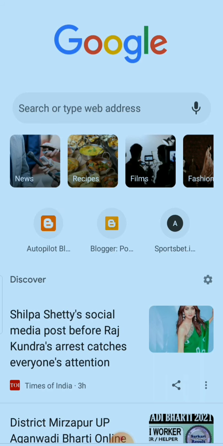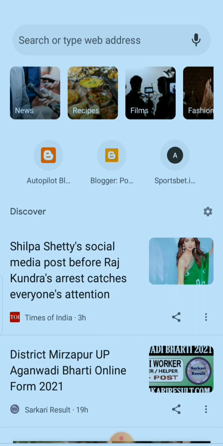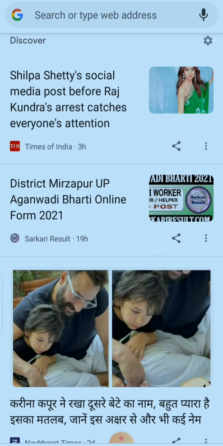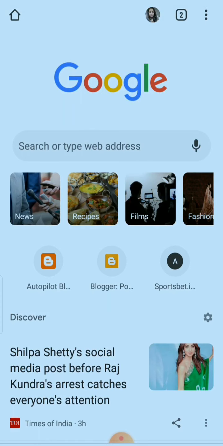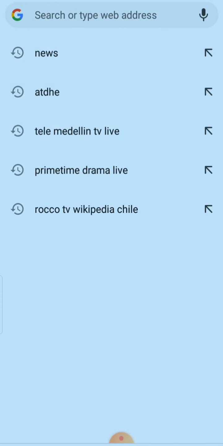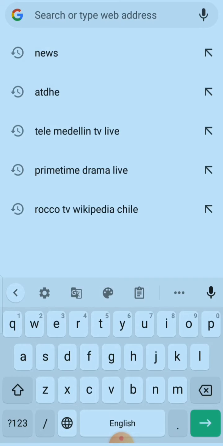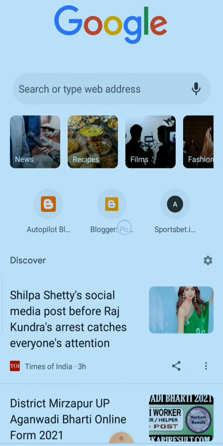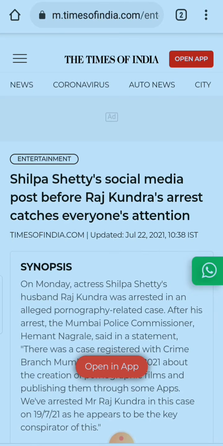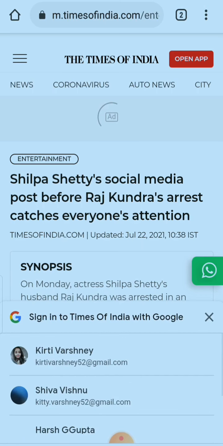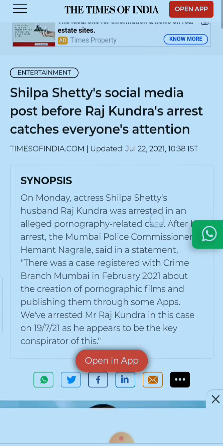So guys, what you have to do is open your browser, any browser, whatever you use. You can find these types of articles on your page, or you can also search for the content you are going to use on your blog. So I am now going to use this article that is coming in the first result, so you can watch.